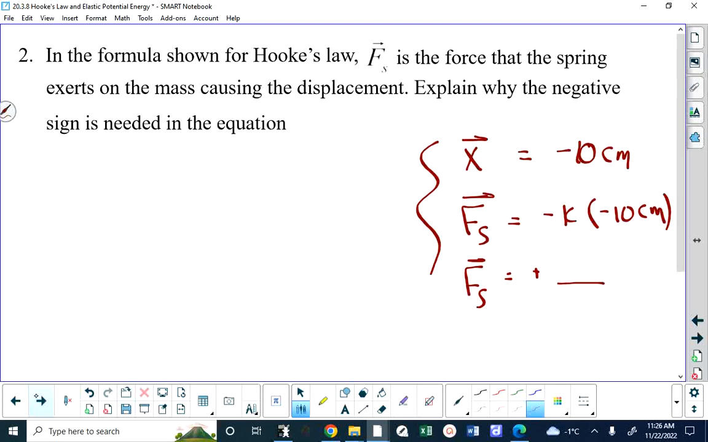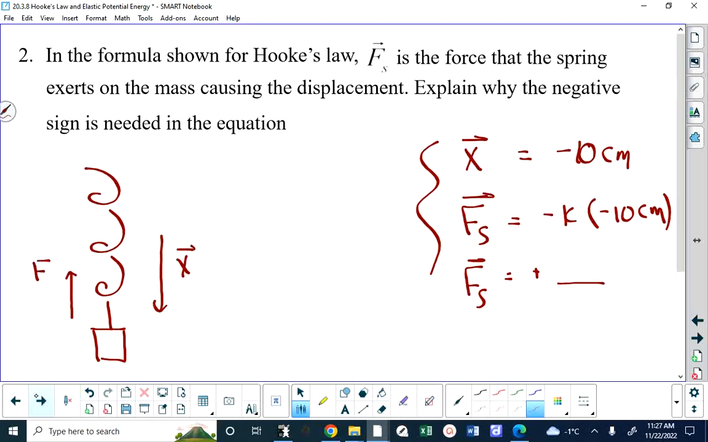Because if the displacement is in the downward direction, the force on the mass has to be in the upward direction. And remember, it's not the force on the spring, it's the force on the mass causing the displacement. So the answer to this question is that when you have a spring that is stretched, the displacement is in one direction, but the force on the mass by the spring is in the opposite direction. Fs is opposite